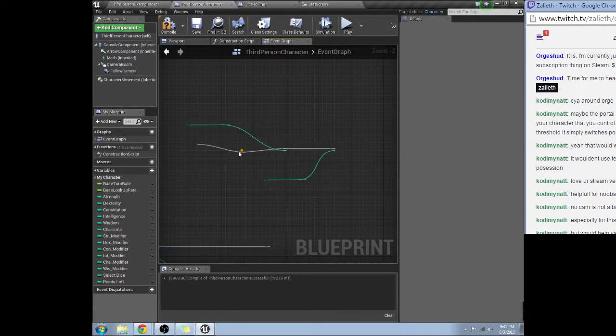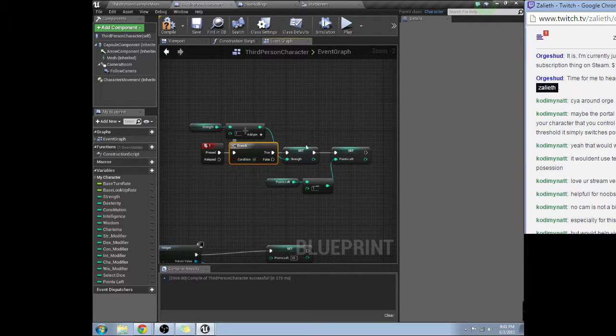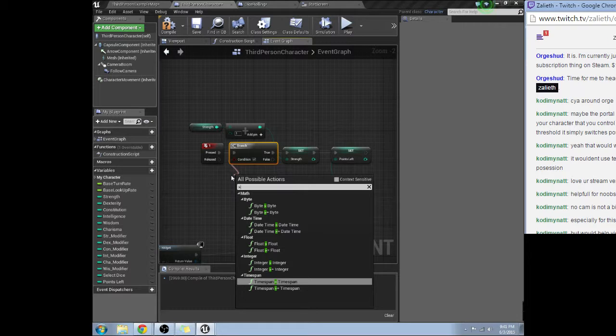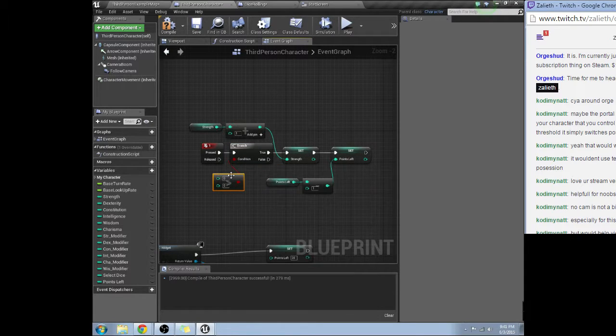And we actually want to do a branch here where, if integer